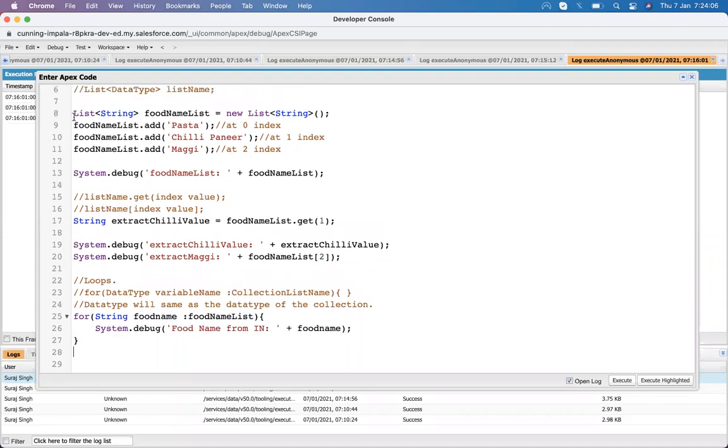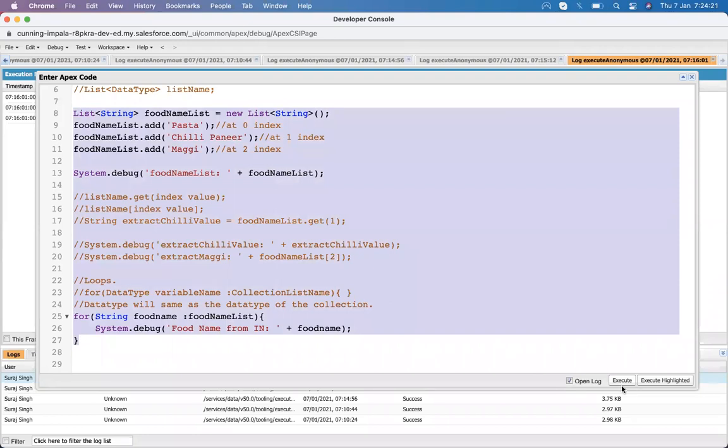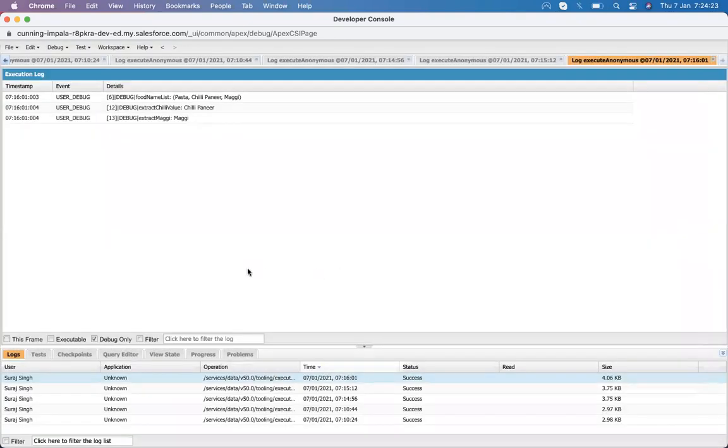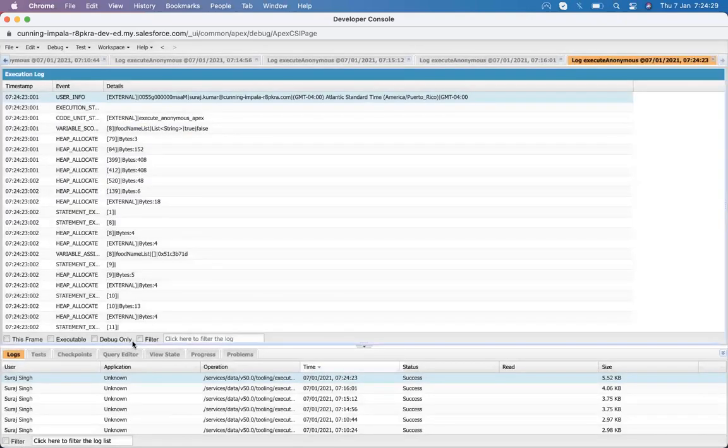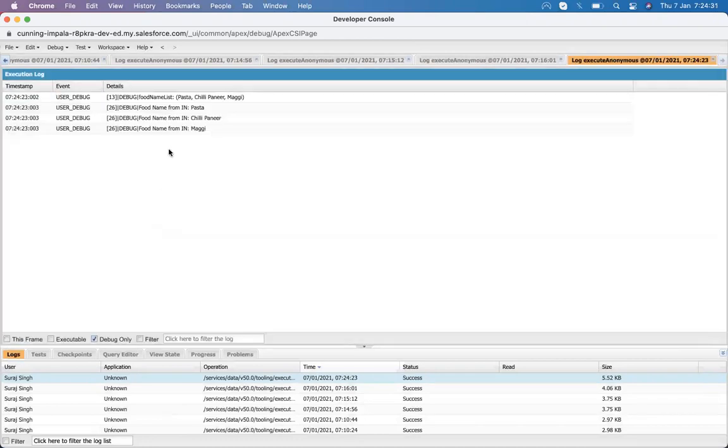So let me run that, and I'm going to comment these two lines so you will not get confused. Yeah, you can see that it extracted one by one.